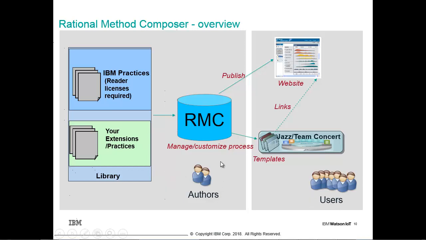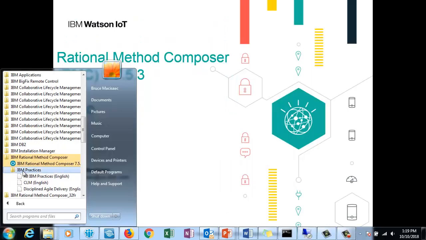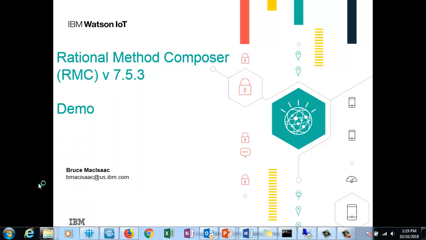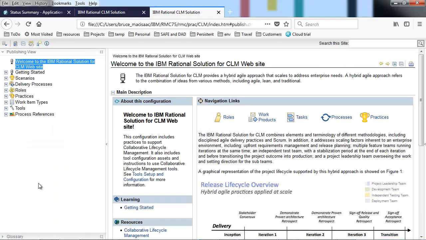We're going to start this demo by showing you the website, and then we're going to show you how users use Rational Team Concert in conjunction with that website, and then we'll start showing you how you would author processes with Method Composer. We're going to look at the CLM process, or the IBM Rational Solution for Collaborative Lifecycle